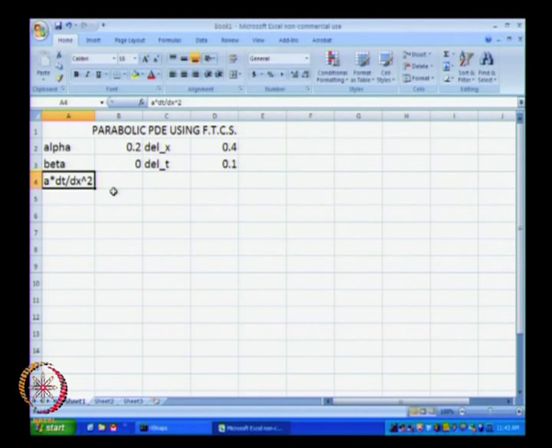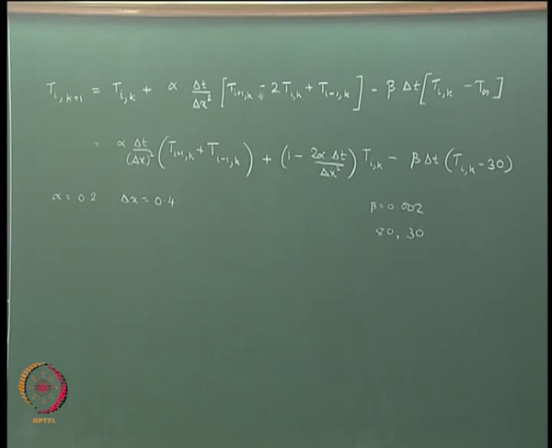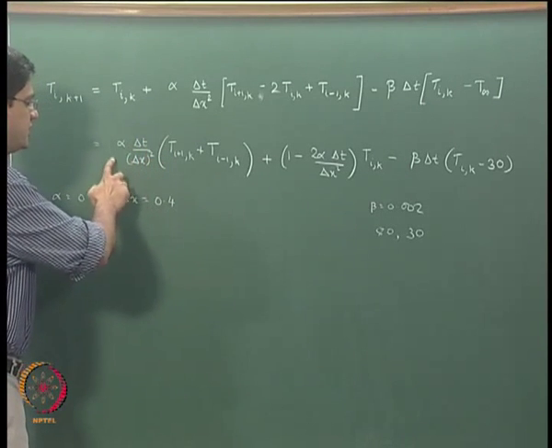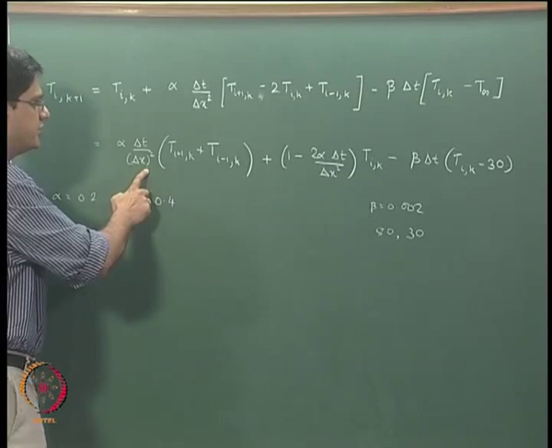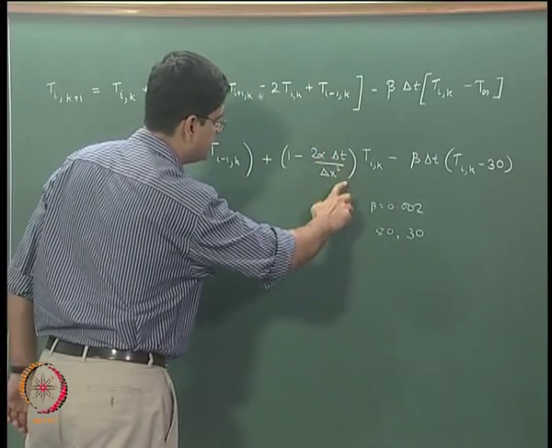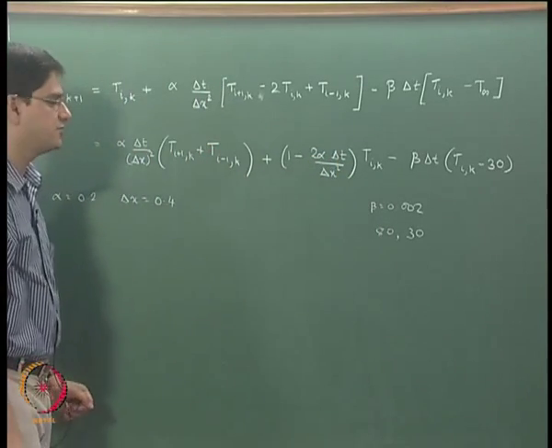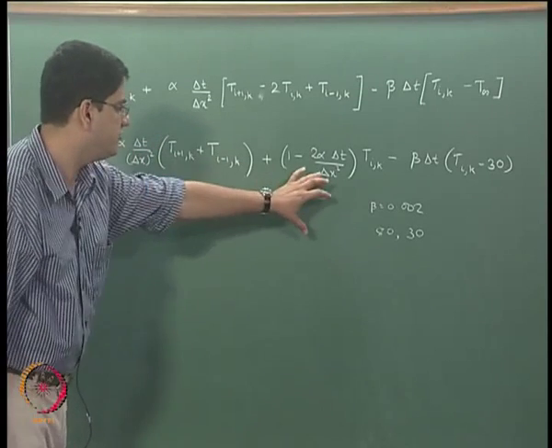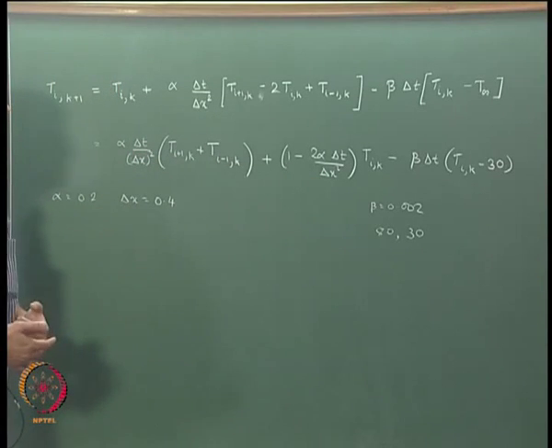For example, if you look at the board, at what we had solved, then in the equation we have, at several places we require the coefficient alpha delta t by delta x squared over here, as well as the coefficient alpha delta t by delta x squared over there. As a result, we will pre-compute this particular coefficient so that we can use it going forward.